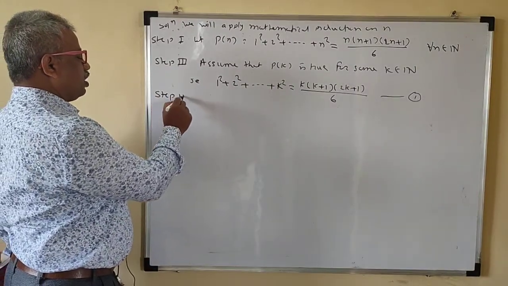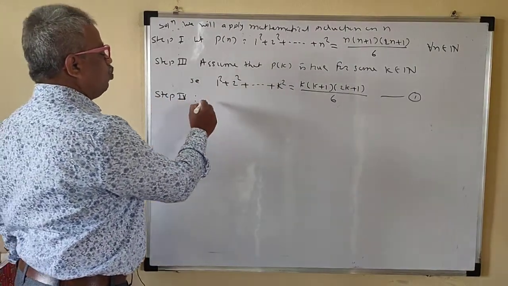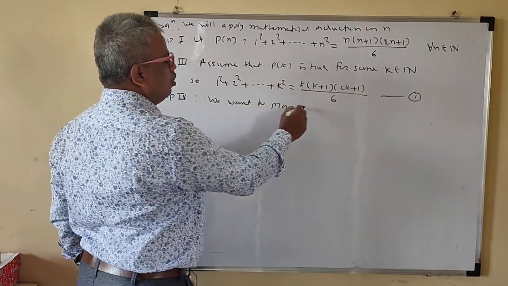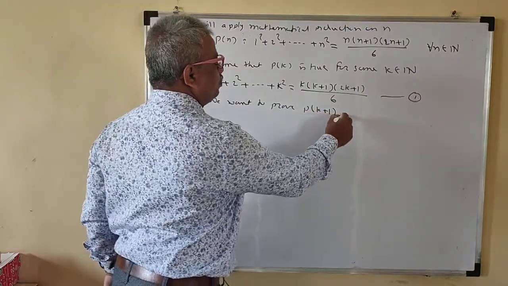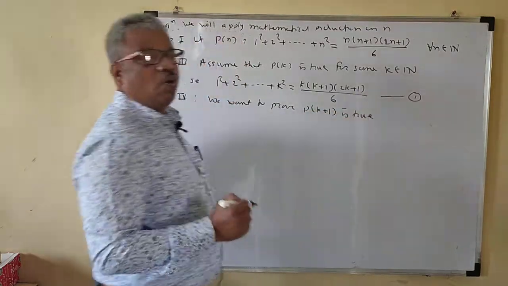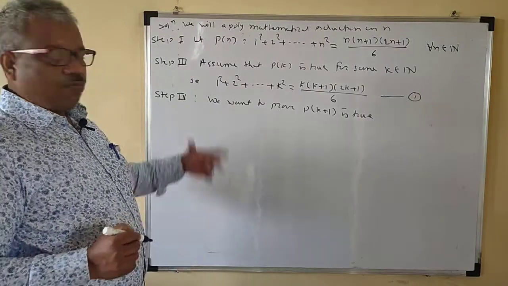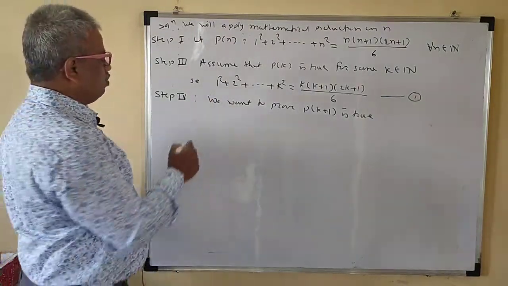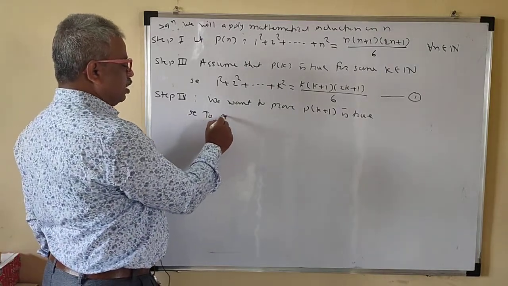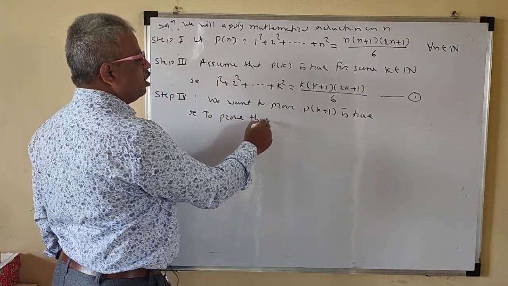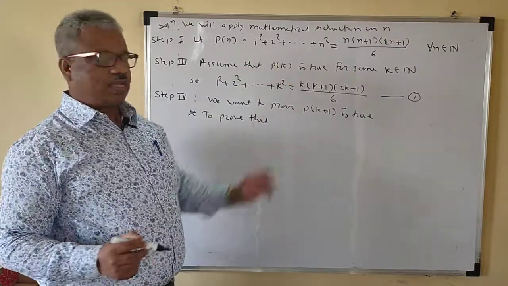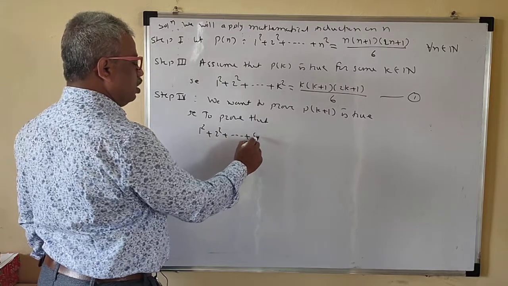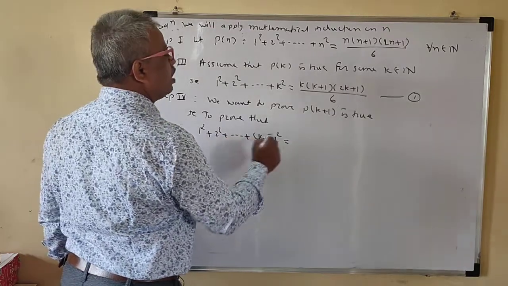Now step 4. This is a very important step. Step 4. We want to prove Pk plus 1 is true. This we want to prove. This 4th step is very important, but without step 3 we cannot do step 4. We want to prove Pk plus 1 is true. That is to prove that, here what we have to put, n is equal to k now. Okay, that is why to prove 1 plus 2 square dot dot dot k plus 1 square is equal to